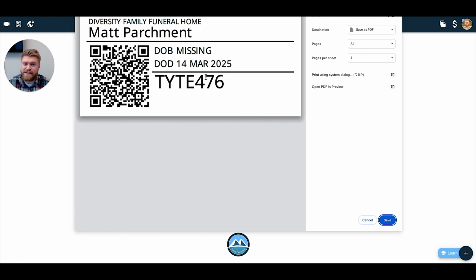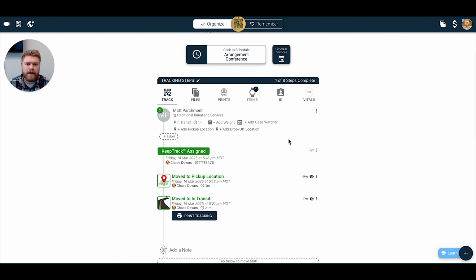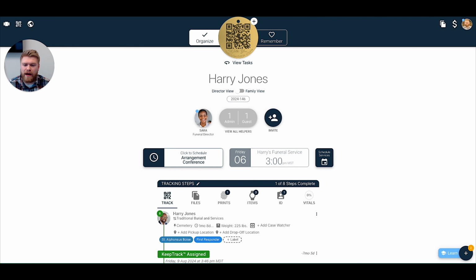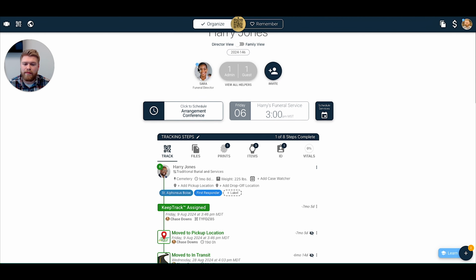The system will remind you if you haven't already entered the date of birth or a few other details; those will show up as blank or missing. So the system will remind you to go do that before you actually print them out, which is nice. Other components that you will have as well, so this is a little bit more of a completed case